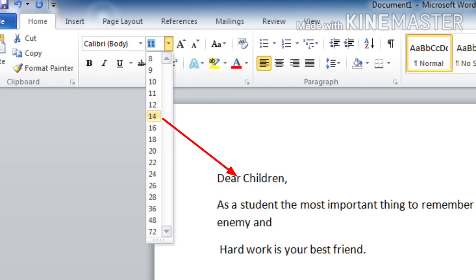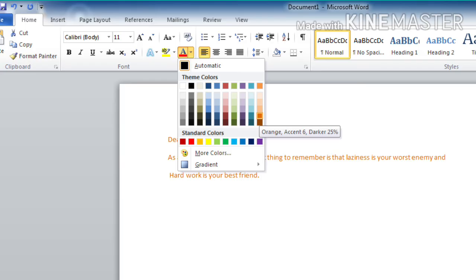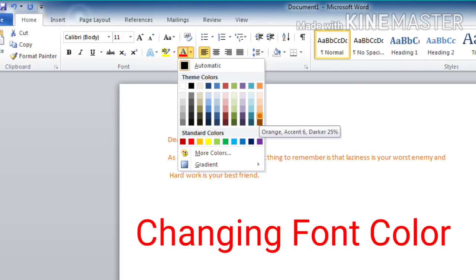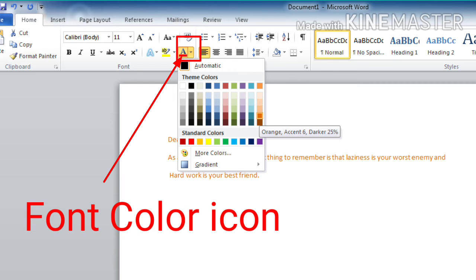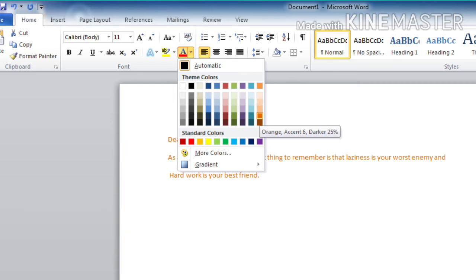Okay children? Yes. And the next is changing font color. You can also change the font color. How? This is the option for changing font color, and when you click on the drop down arrow, you can see different colors. I have selected one color and see, my text appears in that color. Isn't it? So you can do it and learn. Okay children. The next is about